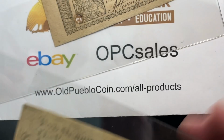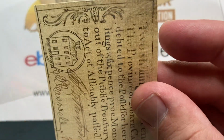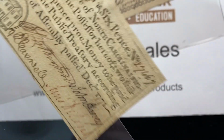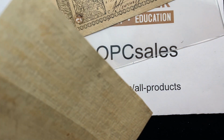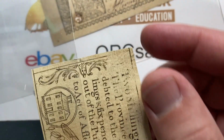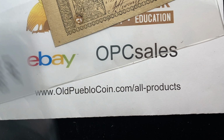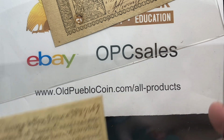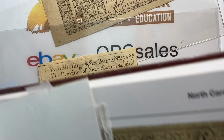This note, similar to the other note, is really in high grade. I think it's a technical CU note. It does not have any folds or wear to it. It does have a little bit weaker printing up here in the corner, which can affect the value a little bit. Maybe value, maybe saleability. But also we can look into our Eric P. Newman book and go to the North Carolina section